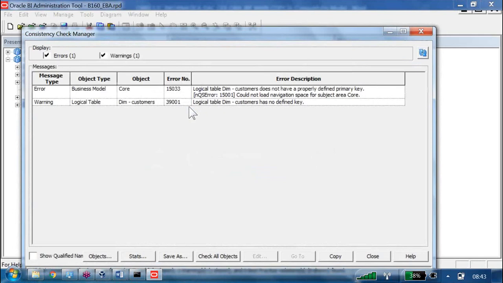What is it saying? Error. Because of what? Dimension customer does not have a properly defined primary key. Logical table customer has no defined key. That's the problem. So let us go and try to revert it.